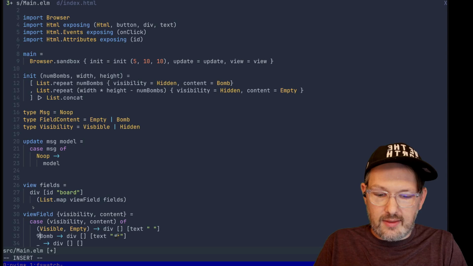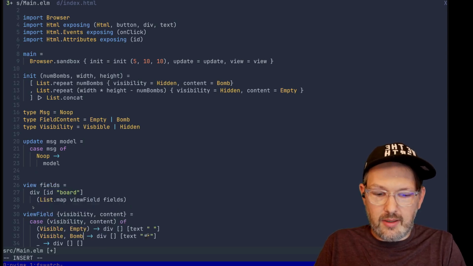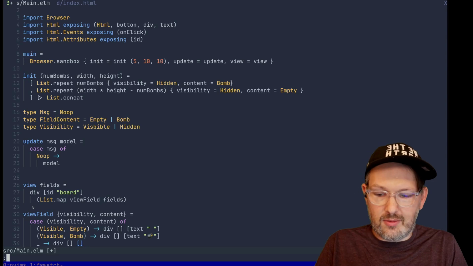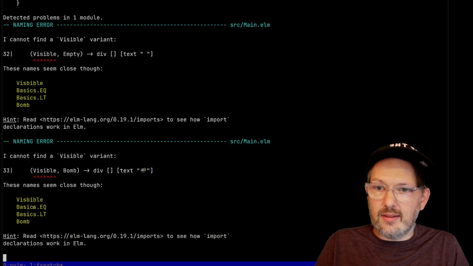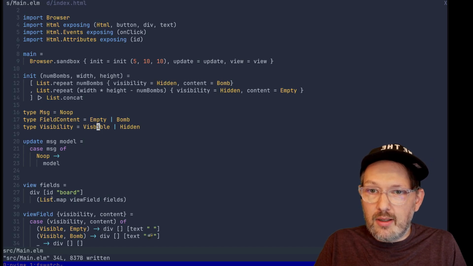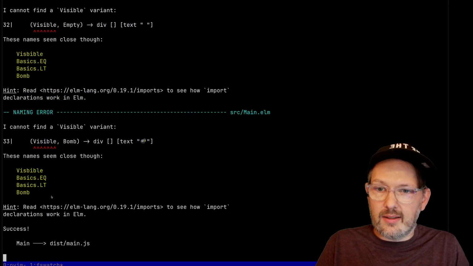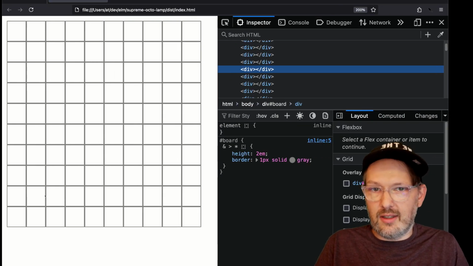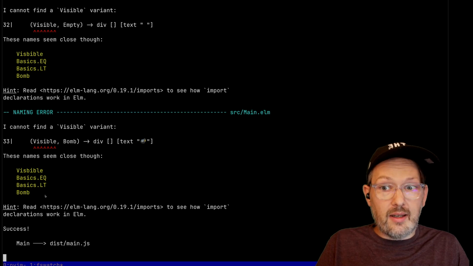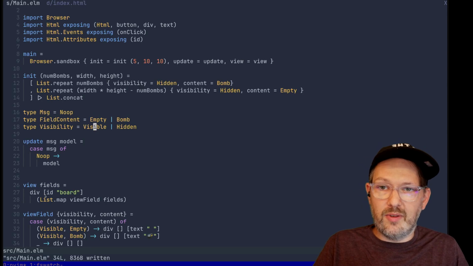And if it's visible and a bomb, then we do the thing we did before. And in any other case, we just render an empty div. Does this compile? Visible, that sounds more like it. It compiles, so now we should see nothing. Correct. All right. Then I would say probably the next important thing would be to actually reveal things